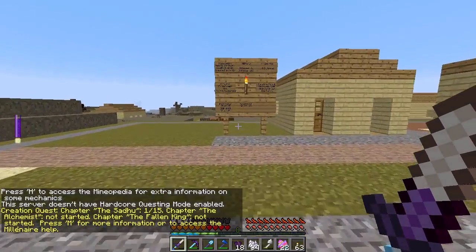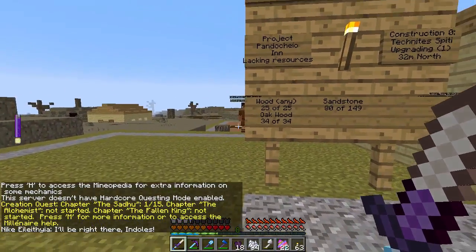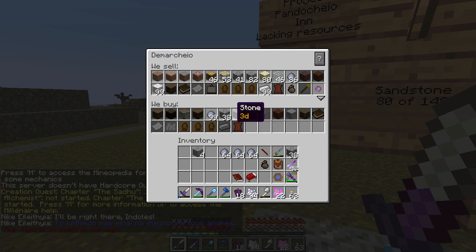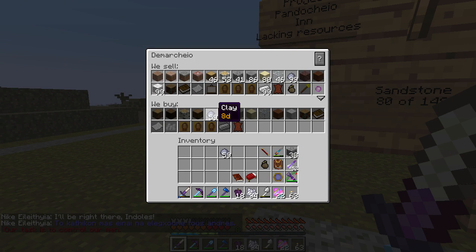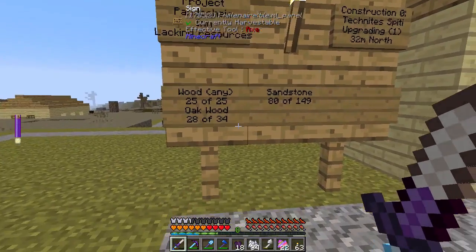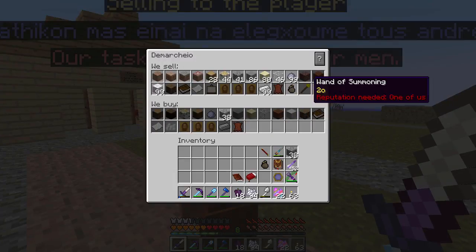And then everybody should, yeah, they should come to you pretty quickly. So I'm going to sell you all of my stone and all of my clay. And hopefully you'll make the Byzantine stuff soon. And then what I'll probably end up doing is...